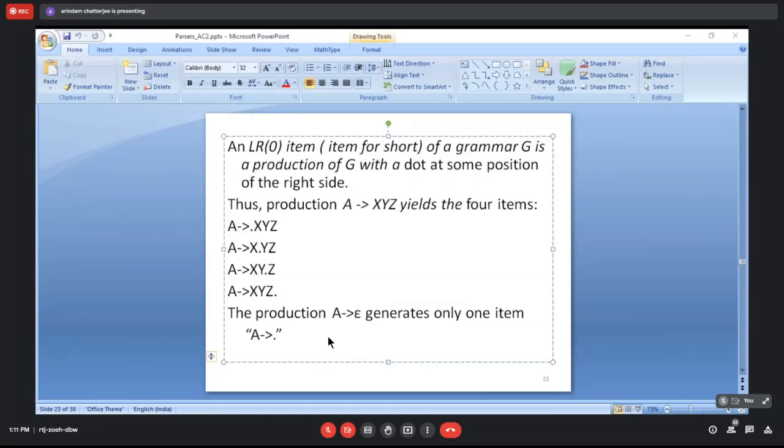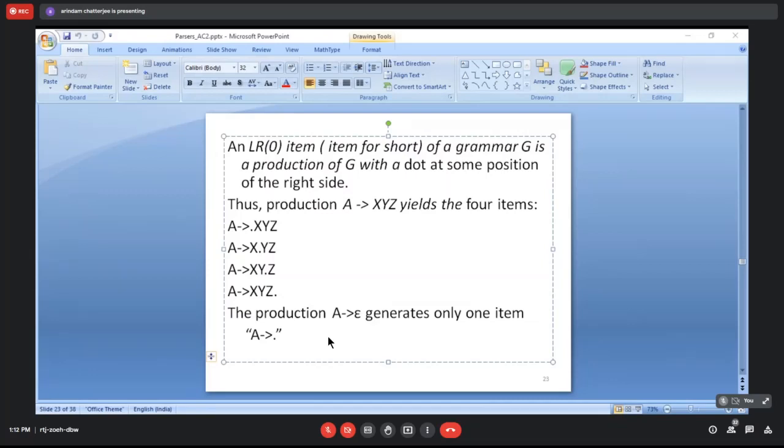The third rule is L producing star R. The fourth rule is L producing id.